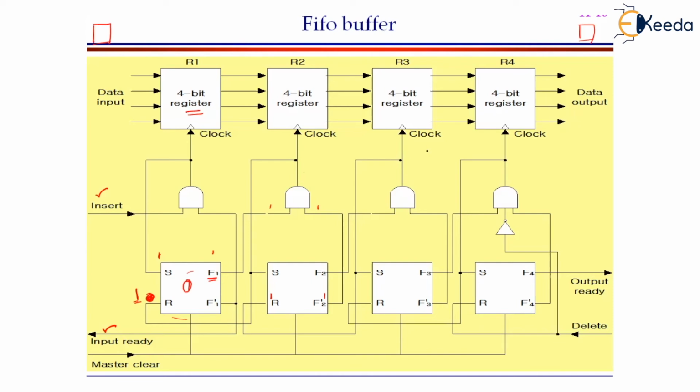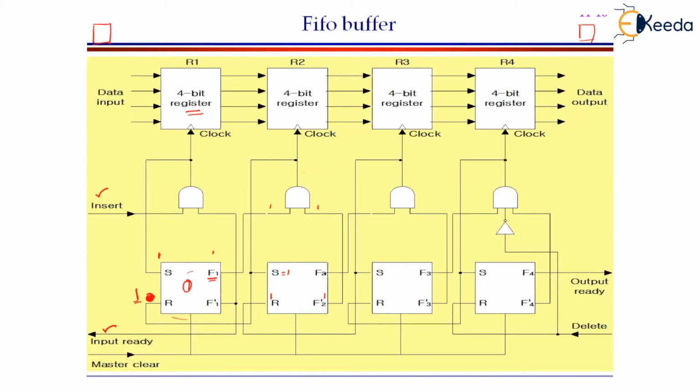You know that unless the clock is enabled, the next register doesn't accept the data. How to enable this clock, you know already. Set is equal to 1 right now. As the register holds the data, this set input will be equal to 1, which is driven by this clock, which is driven by the output of the AND gate. S is equal to 1. As S is equal to 1, this register is going to have a value. When the register has a value, the value needs to be transferred to the next register.